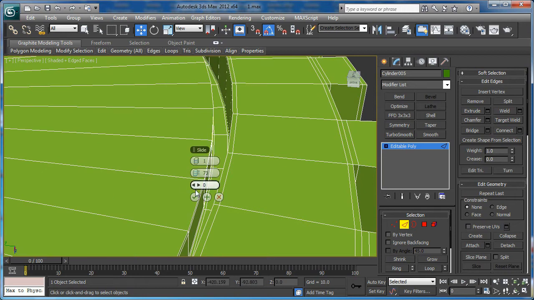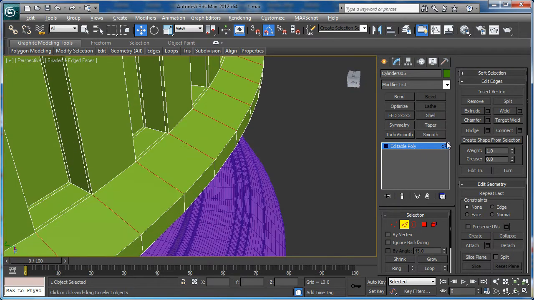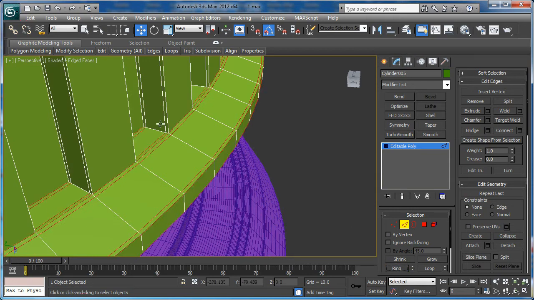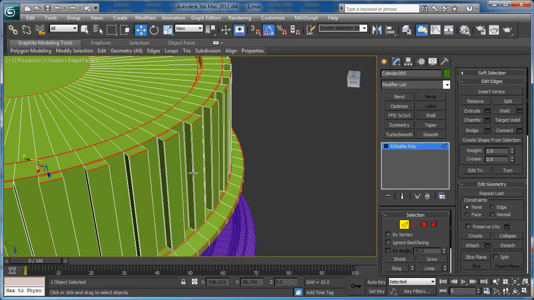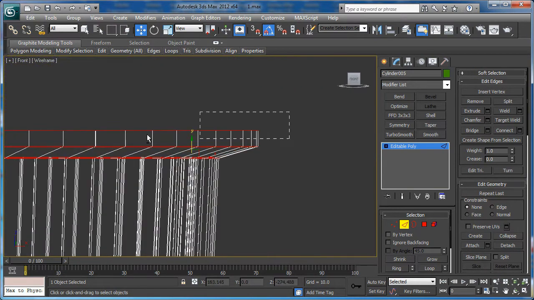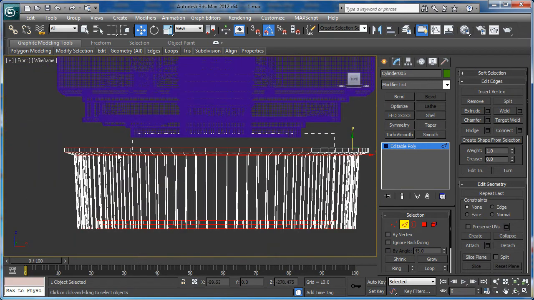Now here we have to connect only one loop like this, and two more here. Now let's hit ring and deselect these loops